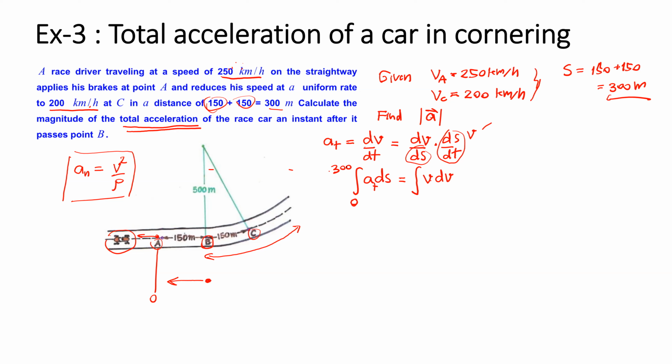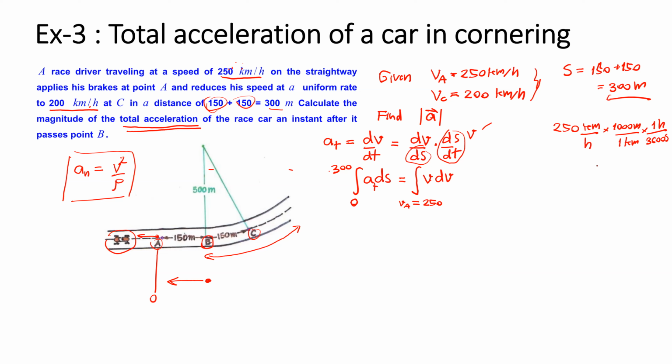And the velocity changes from the velocity at point A. The velocity at point A is equal to 250 kilometers per hour, multiplied by 1,000 meters per 1 kilometer and multiplied by 1 hour equal to 3,600 seconds,